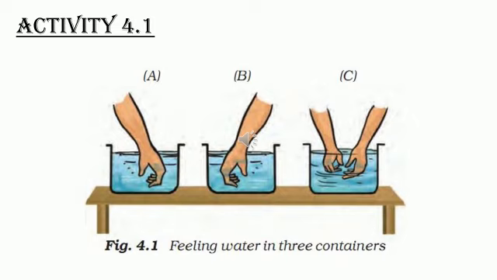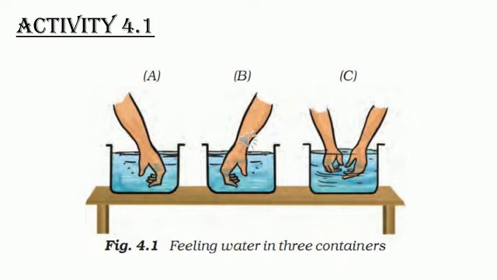You can't keep your hand in hot water for a long time, isn't it? But container C has both hot as well as cold water, so it doesn't seem so odd because it is mixed with cold water. And you can keep your hand for a long time in cold water, isn't it? The confusion here is why can't we keep our hand for a long time in hot water? We can't because we feel that hotness. We can't tolerate that feeling, isn't it? That's the reason we take out our hand immediately.